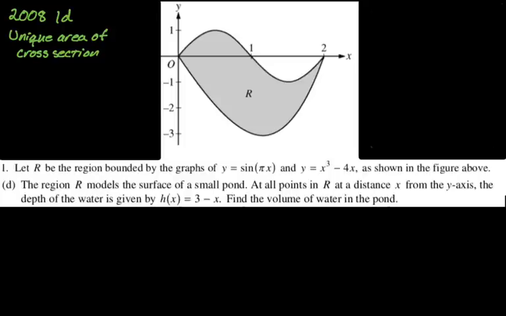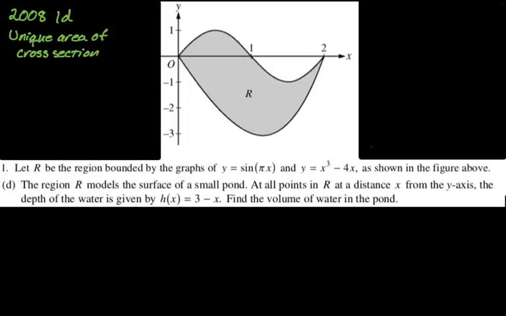And at all points in R, a distance of x from the y-axis, the depth of the water is given by h of x, which is 3 minus x. Find the volume of water in the pond. When I'm lost on these, I start drawing rectangles and rectangular prisms, and I'm not kidding about that. Any area of a cross-section problem that I'm not immediately sure about, I'm going to draw a rectangular prism and